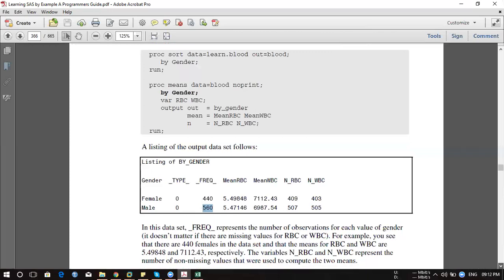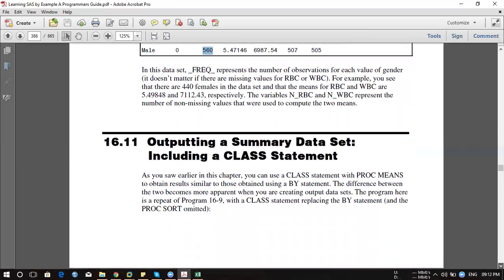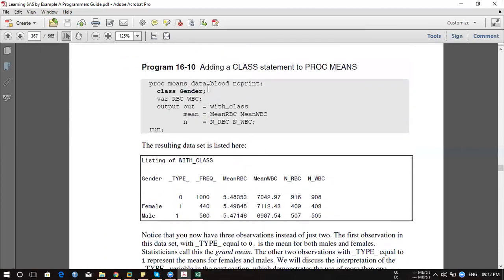But we don't know how many observations you're doing it. But when you use class option, see, we are using class. Earlier we used by gender. So if you're using class, there will be one more extra line. ये किस लिए? So which will overall say, overall observation. Overall mean. Okay. Sometimes it requires.